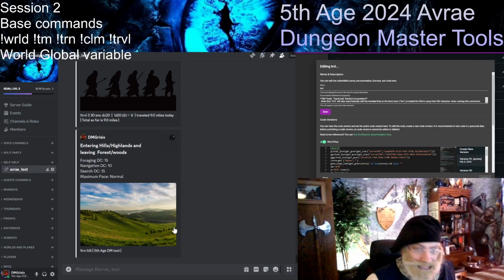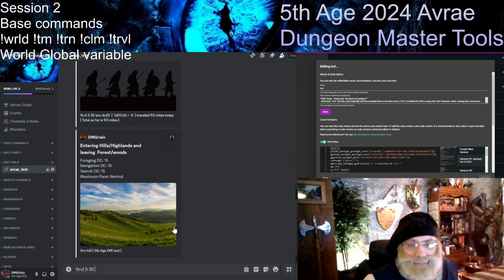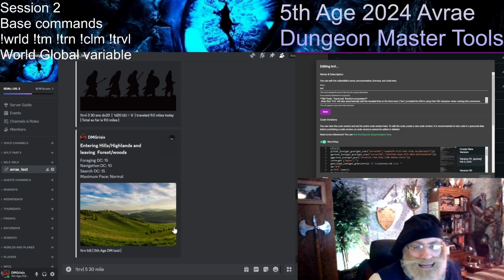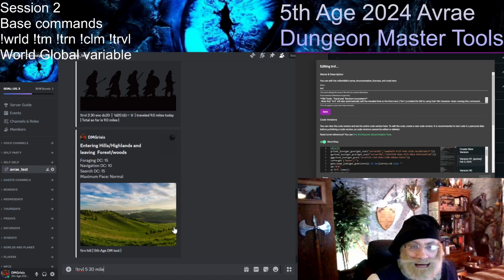to the mountains themselves. So the way we do that with the travel, we just put 5, which is the number of miles in that case, 30 still because that's the speed of the slowest group member. And then we are going to put a mile because by default it's going to consider 5 as the number of hours, but we can change that to indicate it's actually only 5 miles that we want to do here. So it will calculate the time that passes at that speed for 5 miles.